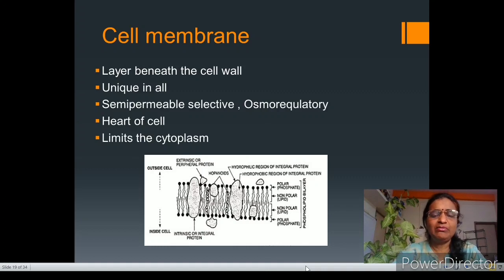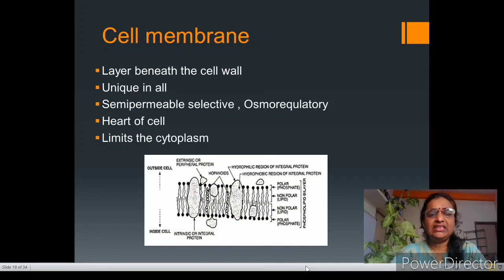Besides that, the cell membrane is vitally important. After removing the cell membrane, the cell cannot remain alive. But after removal of the cell wall, we can maintain the cell in an isotonic environment. So the cell membrane is a vital layer of the cell. It performs many different essential functions of the cell.